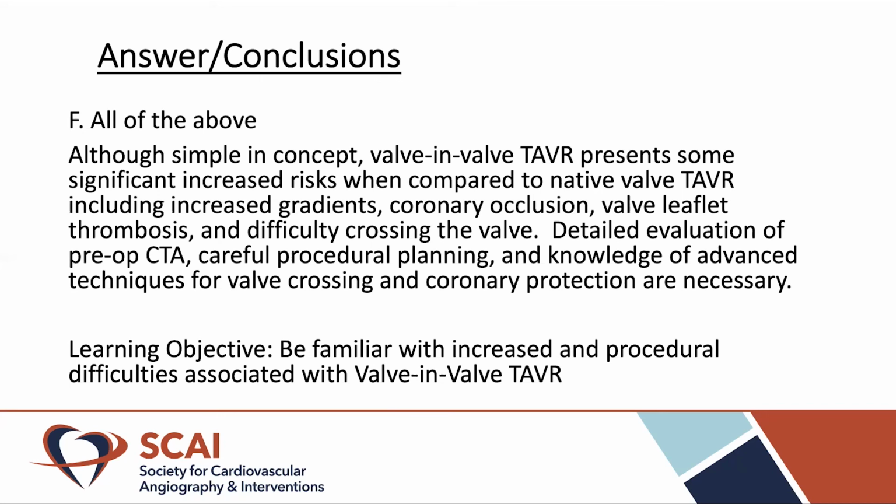So this case uniquely identifies the importance of having a detailed evaluation with preoperative CTA, careful procedural planning, and knowledge of techniques for valve crossing and coronary protection as needed on an individual case-by-case basis. Procedural planning in this situation would really help identify the horizontal nature of the aorta with the prior prosthesis in place, giving you a heightened risk that you may need to use a snare system or various different techniques to help cross the valve